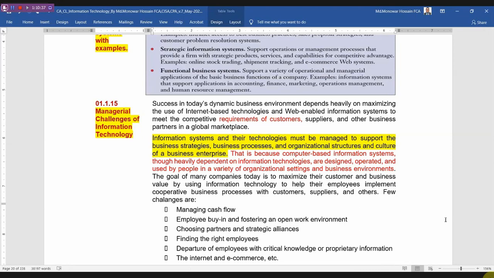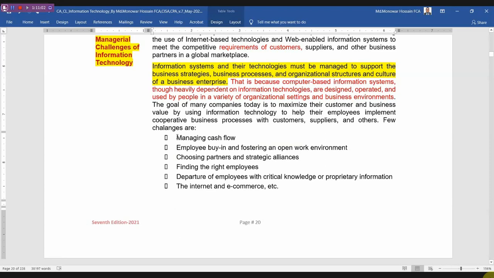The goal of many companies today is to maximize their customer and business value by using information technology to help their employees and stakeholders, and to implement cooperation within the business process, customers, suppliers, and stakeholders, which are different types of challenges within the organization. That means in today's business, information technology also involves managing cash flow. Managing cash flow is a vital challenge, because if cash flow cannot be managed, the organization will not survive. Cash flow is just like the blood of the